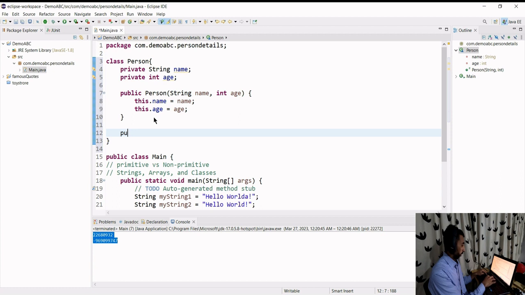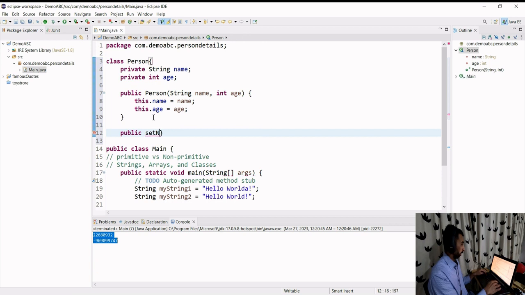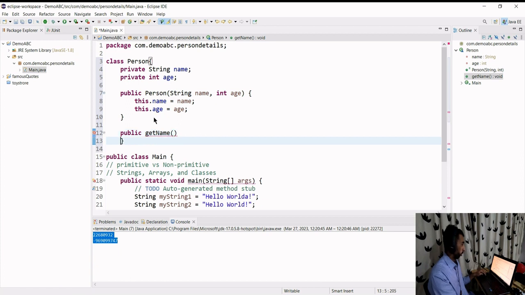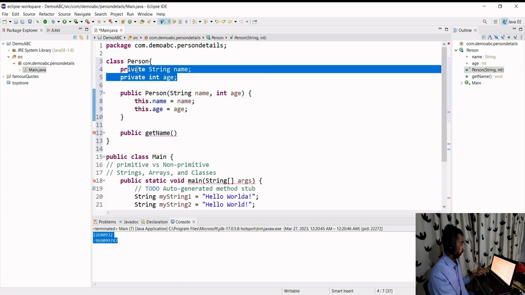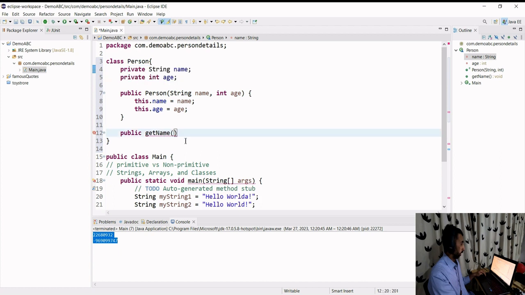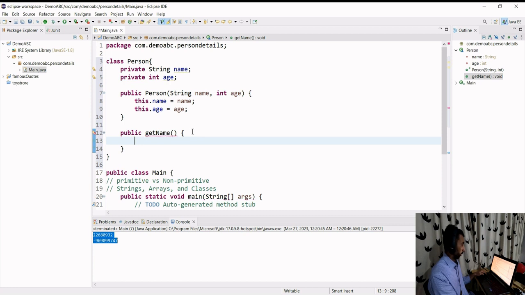Then we define some public methods, for now getName and getAge. We're defining two different methods that basically get the fields name and age. So getName will return, this method will return